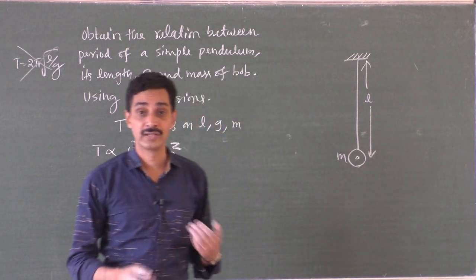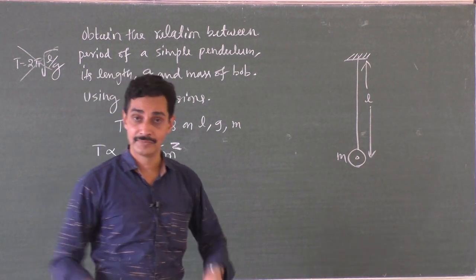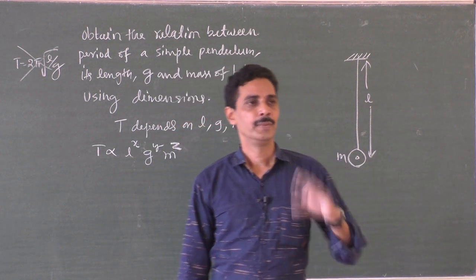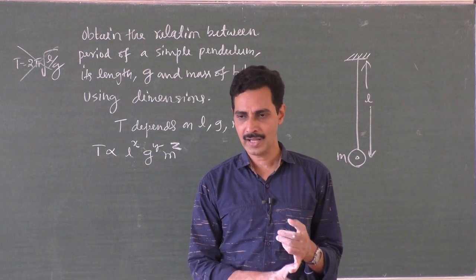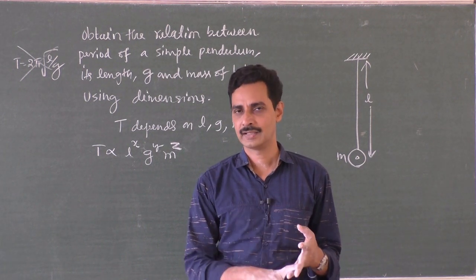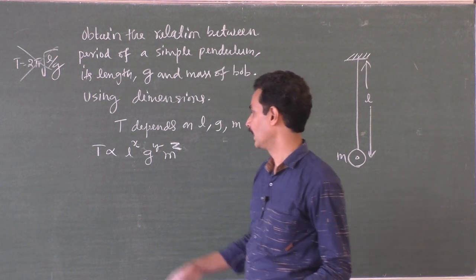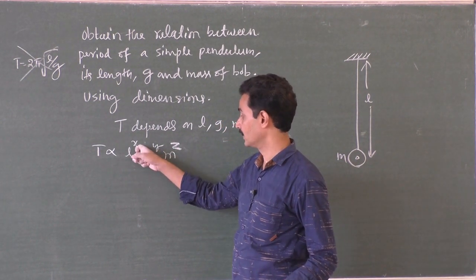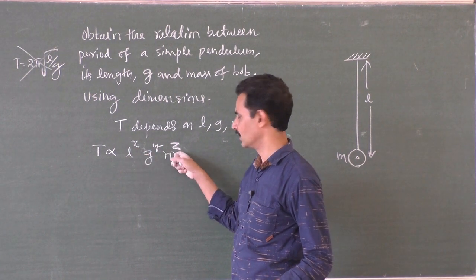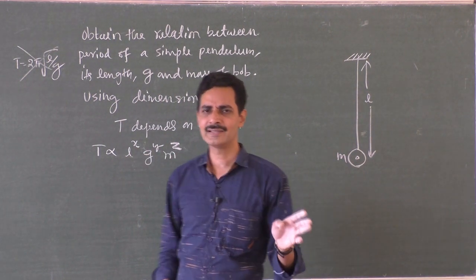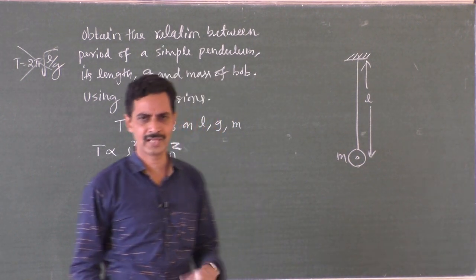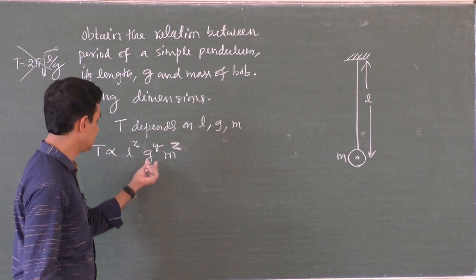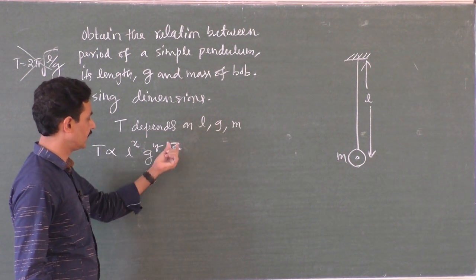Okay, now our job is to find out x, y, z. Get the help from dimensions. So you have to start the answer like this. Let us assume that period of a simple pendulum depends on the mass, length and acceleration due to gravity. Let t be directly proportional to l to the power x, g to the power y, m to the power z. ಇಲ್ಲೊಂದು ಕ್ವಶನ್ ಬರ್ಬೋದು, ಸರ್ l to the power x ತಗೋಬೇಕಾ, x ಅನ್ನು ಇಲ್ಲಿ ಹಾಕ್ಬೋದಲ್ಲ, y ಅನ್ನು ಇಲ್ಲಿ ಹಾಕ್ಬೋದಲ್ಲ, z anywhere you can put it. Accordingly you will get the answer. x ಎಷ್ಟು, y ಎಷ್ಟು, z ಎಷ್ಟು ಅಂತ ಹೇಳ್ಕೊಂಡು ಎಲ್ಲೆಲ್ಲಿ ಹಾಕಿದ್ರೆ ಅದು ಸರಿಯಾಗಿ ಆನ್ಸರ್ ಬರುತ್ತೆ. ಯು ಕ್ಯಾನ್ ಇಂಟರ್ಚೇಂಜ್ ಇಟ್, ನೋ ಪ್ರಾಬ್ಲಮ್. ಜಿ ಅನ್ನು ಇಲ್ಲಿ ಬರೋದು g to the power x, l to the power z, m to the power y ಅಂತ